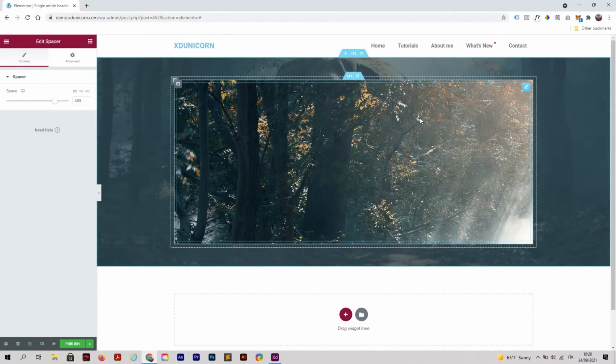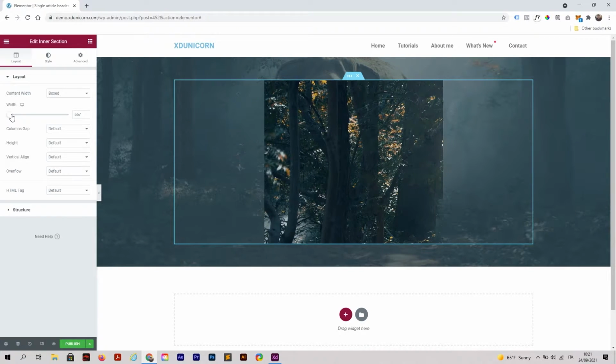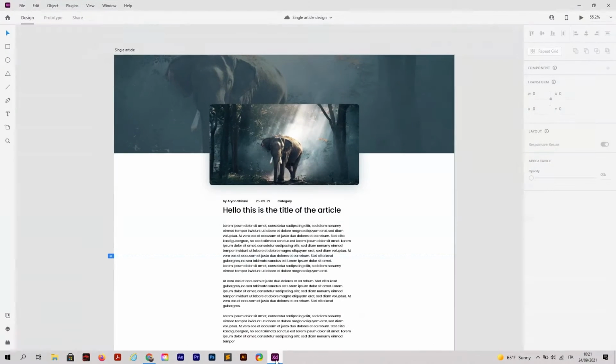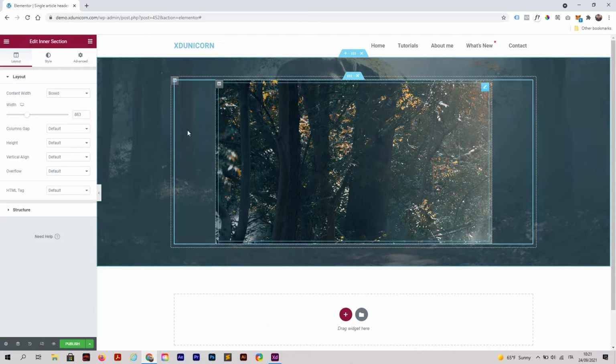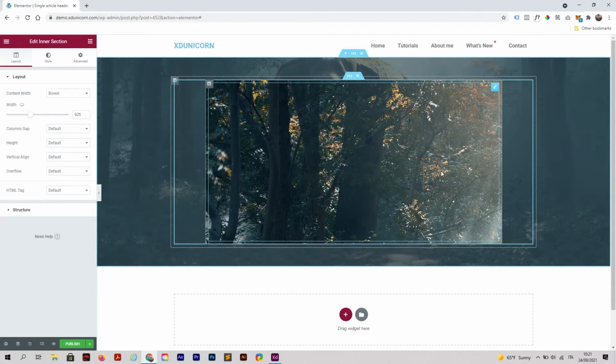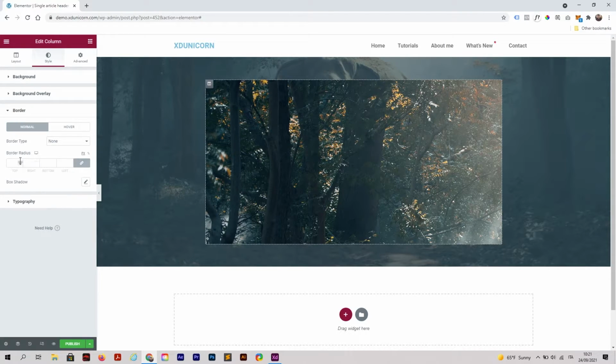Great. Now I'm going to select this intersection by clicking here, and now the width will be changed like this. And of course, opening my XD design, as you can see, it's quite a wide rectangle, so I'm going to try and make it a little bit like this, and I guess the height is okay. Click again on the column to make sure, then go on style, and here on borders we can change the border radius